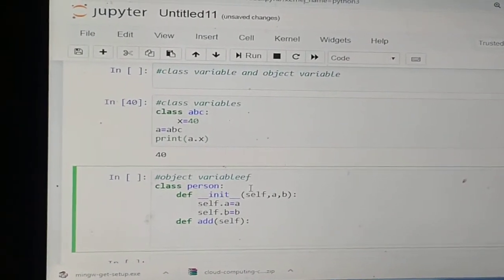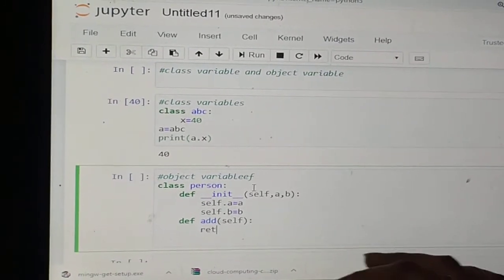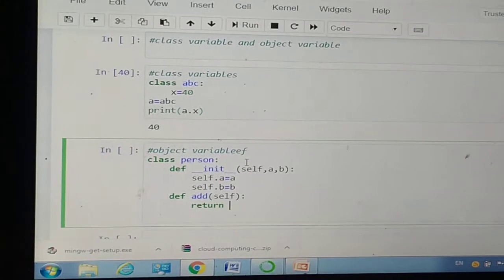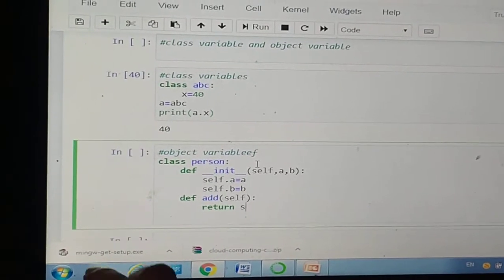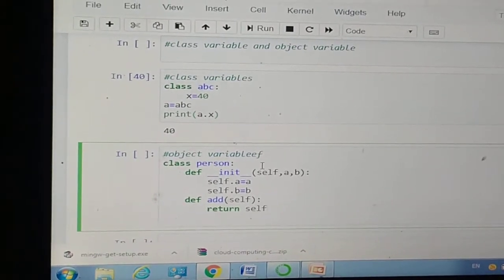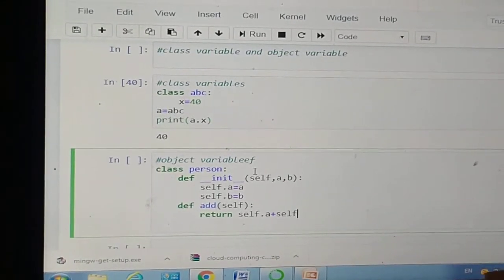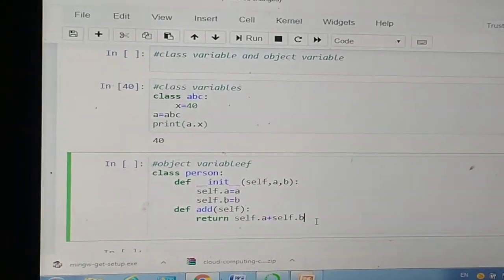Here I am going to add these, so I am going to write return self.a + self.b.